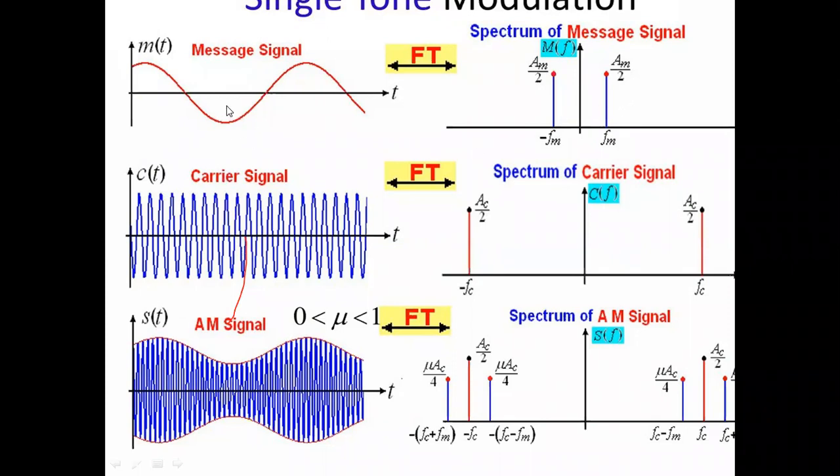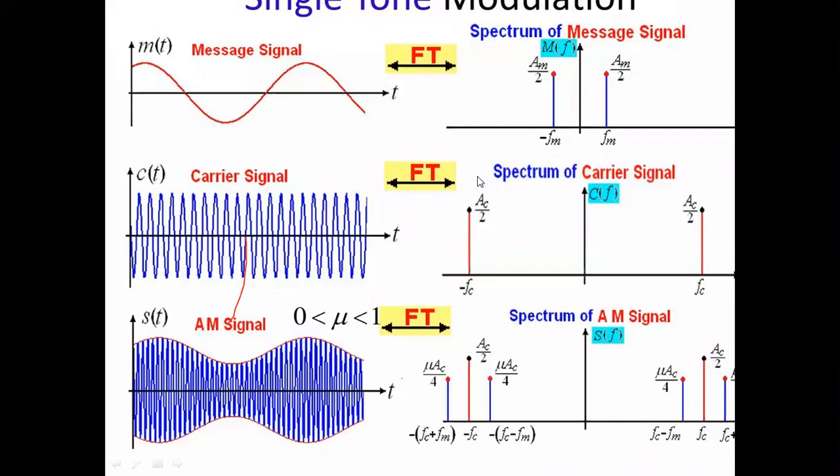Now, once these two are merged, the amplitude modulation takes place. The amplitude modulation is that the carrier amplitude changes according to the modulating signal changes. That is, this is the signal. The modulated signal has a magnitude variation, which is the envelope. Now, the spectral components of the modulating signal are translated to fc, giving fc plus fm as one spectrum of the modulated signal and fc minus fm as another spectrum of the modulated signal.